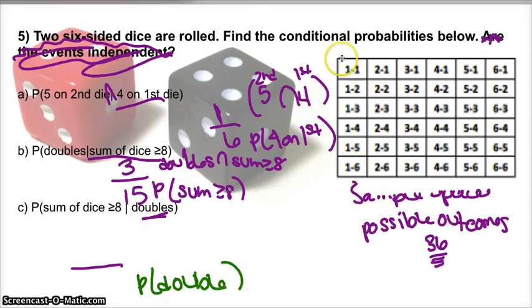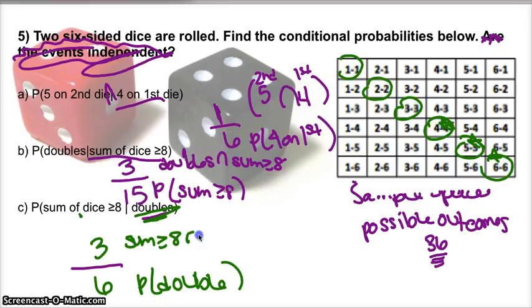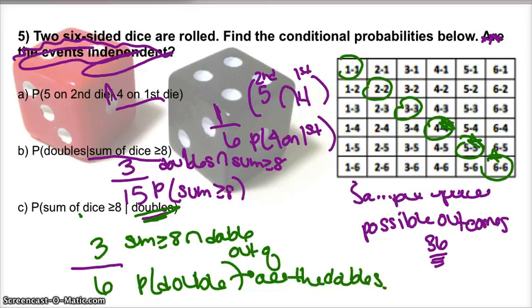So how many options of doubles do you have? 1 and 1, 2 and 2, 3 and 3, 4 and 4, 5 and 5, 6 and 6. So given that one of these has already occurred, there are 6 total options. What's the chance that of these doubles, you'll get a sum of greater than or equal to 8? The 4 and 4, the 5 and 5, and the 6 and 6. So there are 3 options where the sum is greater than or equal to 8 and it's a double, out of, think about all the doubles, so 3 over 6 or